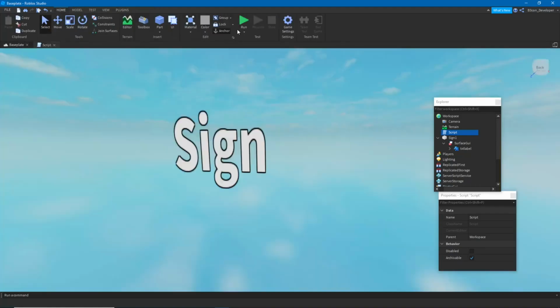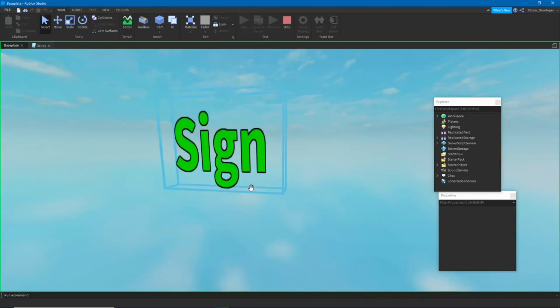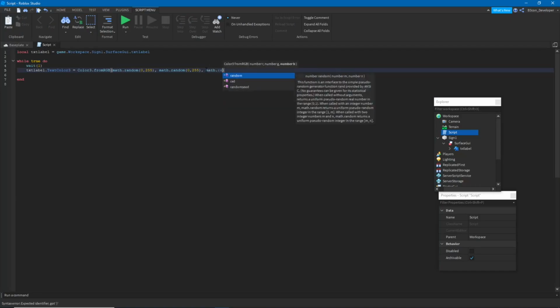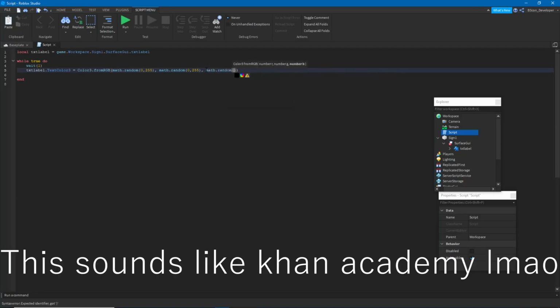Now, what it will do is it will mix red and green together, but it will be random green values and random red values. See? It's random. Sometimes it'll be red, sometimes it will be green, sometimes it'll mix into another color like brown or yellow. Yeah. Now let's do blue. Same thing again, just put a comma, math random brackets 0, comma 255,